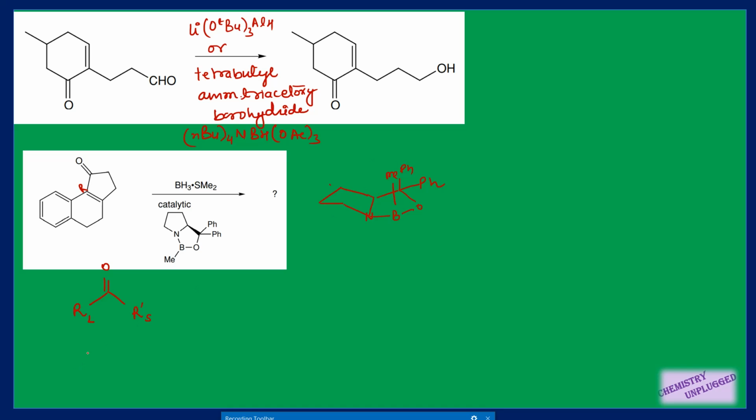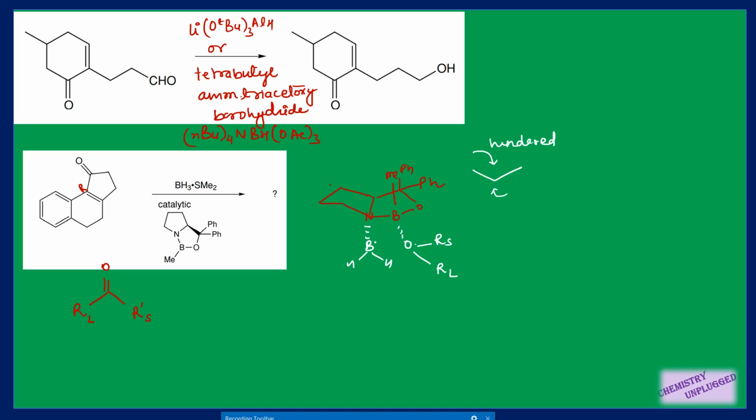I have told you in that chapter also why I am drawing this methyl on the above side, because this is your cavity side, which is hindered in nature. That is why this ketone will attach from the less hindered side, that is this side. And always your RL bulkier group remains away from this cavity side, and this nitrogen will also combine with this boron from the less hindered side. So two things happen here: it will attach from the less hindered side.